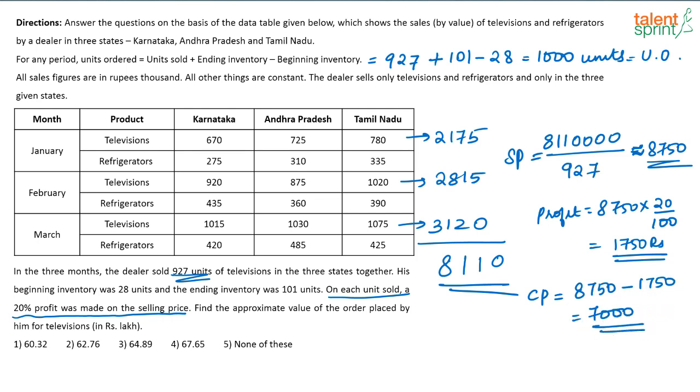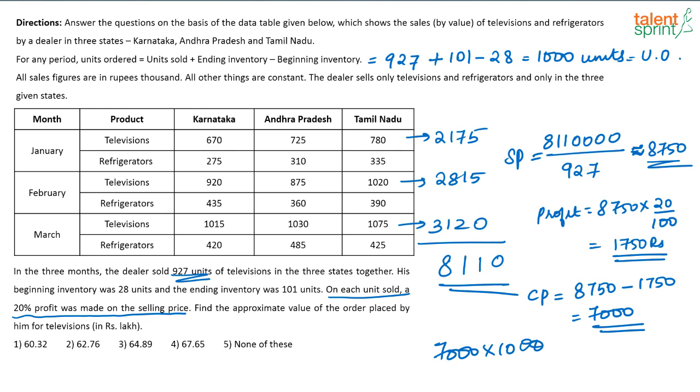And if this is 7000, then what is the order value? How many units were ordered? 7000 into 1000, right? Is this what all of you are getting? So yes, is that the answer that you got? So I am getting